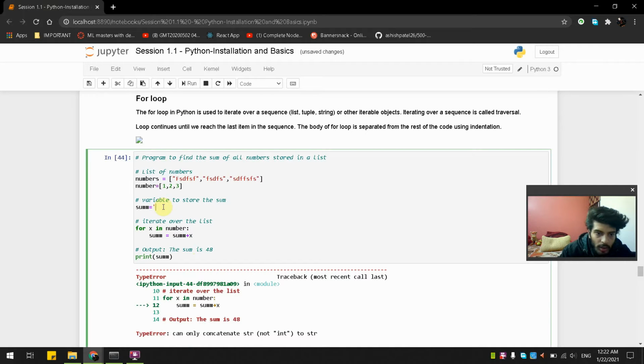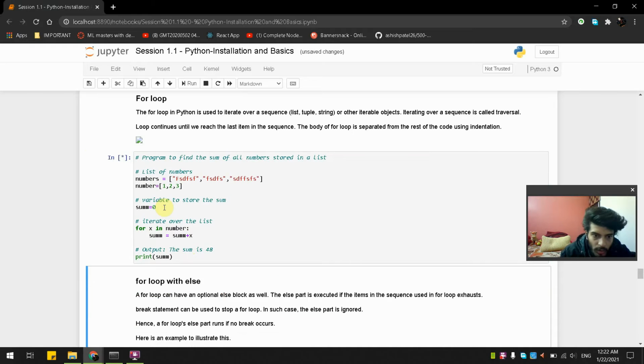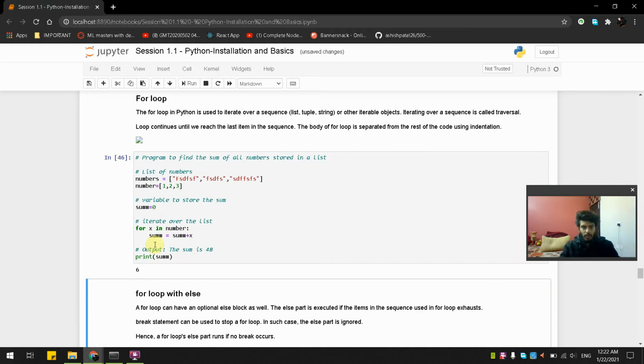Okay, I'll take on this one. Sum is equal to sum plus x, I need sum is equal to 0. That's how it is done.